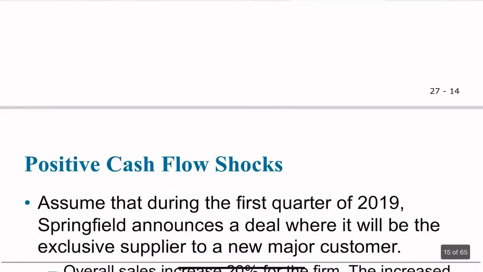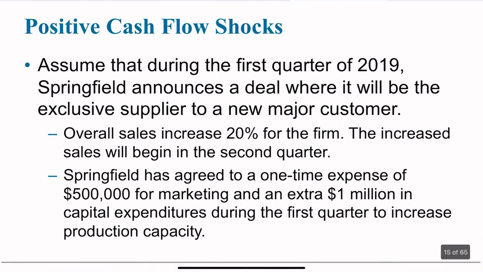Now, let's think about the third case, positive cash flow shocks. So let's assume now there's some positive cash flow shocks. Judging by the name, you might think this is a weird case, right? Because if you have positive cash flow shocks, then you will have some additional cash flow, right? So why would you need additional financing? Well, in this case, if you